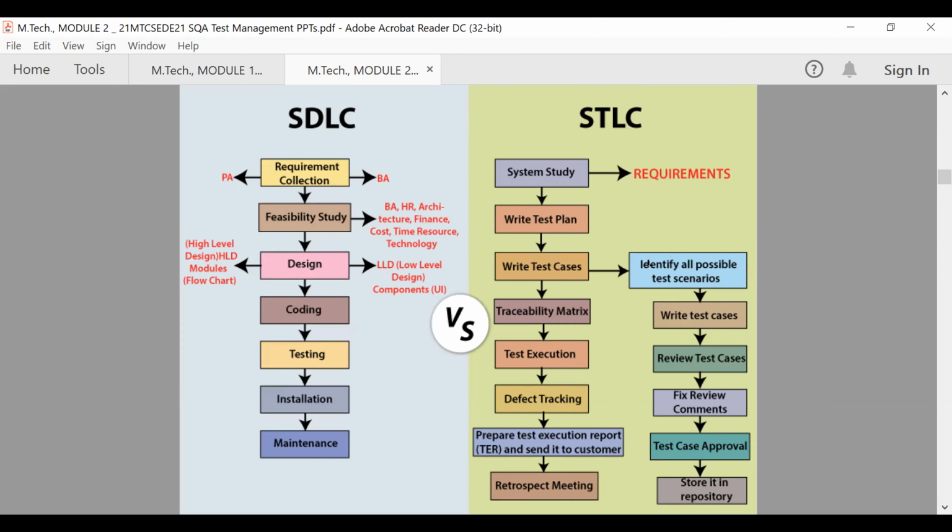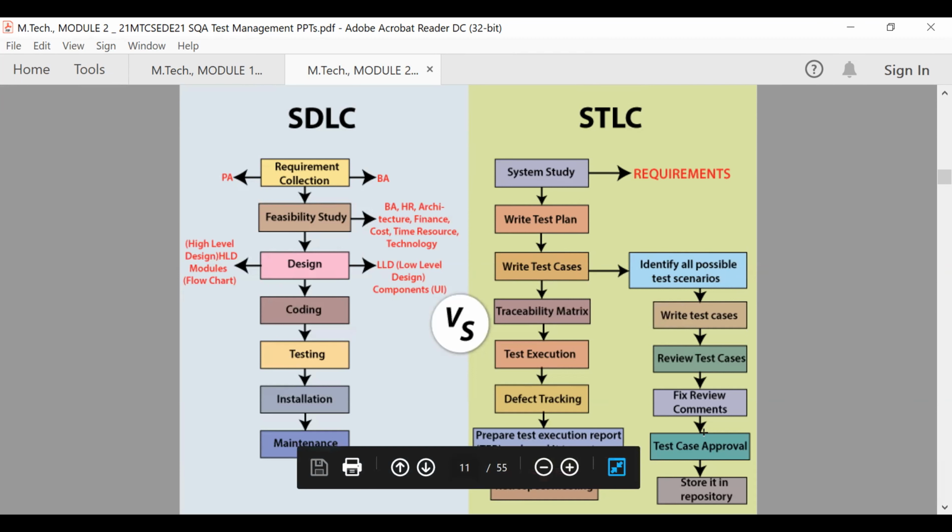While creating the test cases, we'll identify all possible test scenarios, like boundary value analysis, looping structures, flow graph, and dynamic concurrency, all of which will be taken into consideration. Then write the test cases, review the test cases, fix the review comments, and create the test case approval. Once the test case approval is done, store it in the repository.